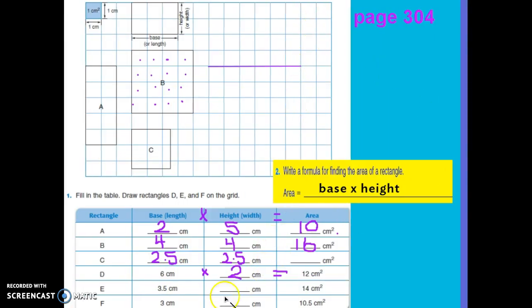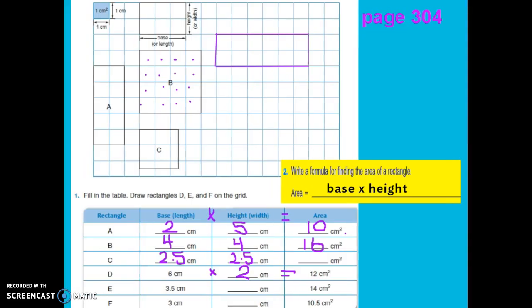So I'm going to come back to my rectangle. I need a height of 2. So 1, 2. And then obviously, since it's a rectangle, if it's 2 on that side, it will be 2 on this side, and then 6 across the top. My lines are giving me a little trouble here, but I trust that you will use your template and make those lines nice and neat. And then you'll go ahead and label this as letter D so that we know which rectangle you've drawn. So you'll take a little time to do that, practice drawing rectangles,